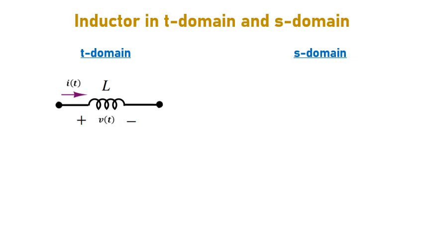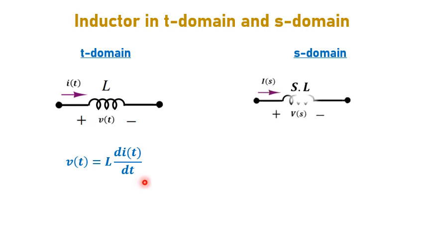Now, representing the inductor in time domain and S domain. In the previous videos we have derived the expression for voltage across the inductor. It is v(t) = L di(t)/dt. This is how it is represented in S domain. The inductor value becomes sL, and if you take the Laplace transform of this, you will get L